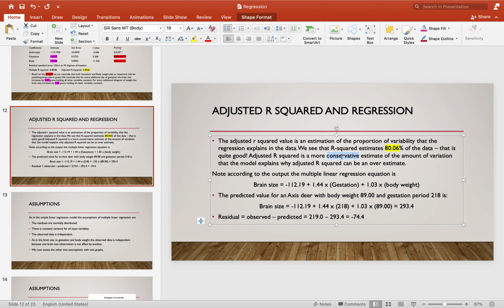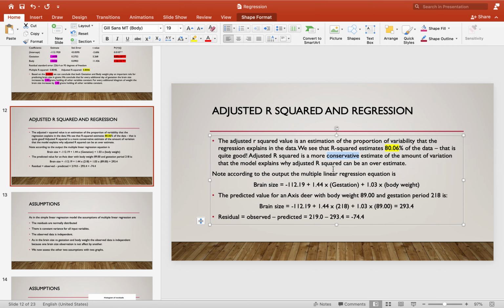One reason why we might use adjusted r squared is because it is more conservative. When we use just r squared, it can overstate the amount of variation that the model explains. So the adjusted one is more conservative and hence always less. We think that that is the better and safer measure to go with generally.